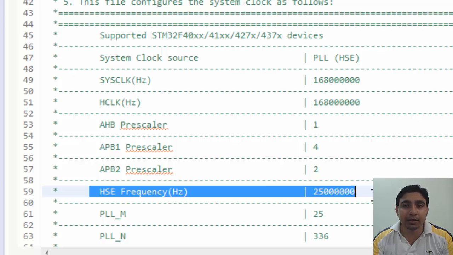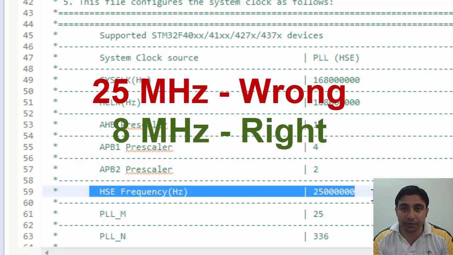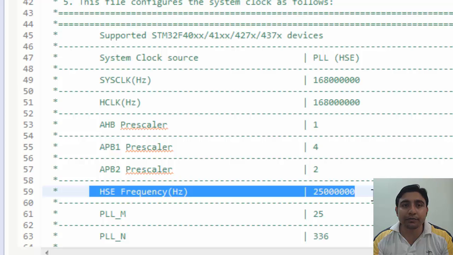But in our STM32F4 Discovery board, we have an 8 MHz crystal and not 25 MHz. Actually, Atollic TrueSTUDIO by default sets these settings as if we have a 25 MHz external crystal. So here we have a problem.